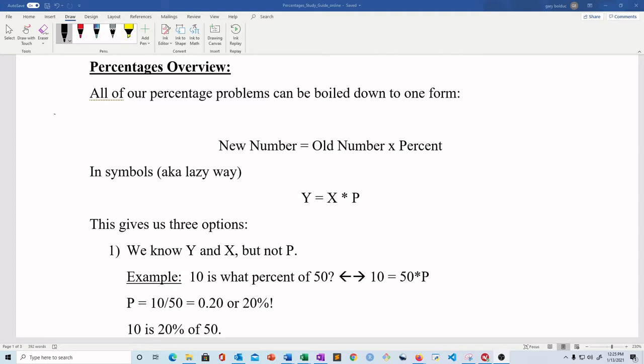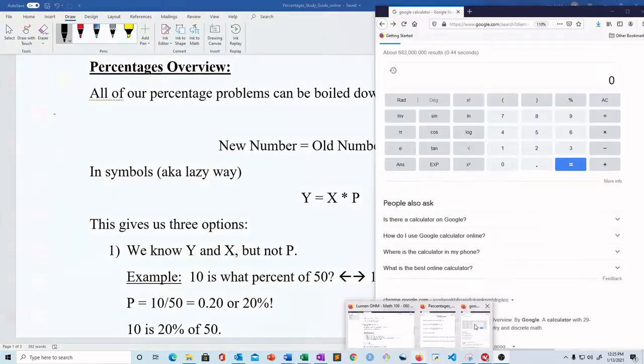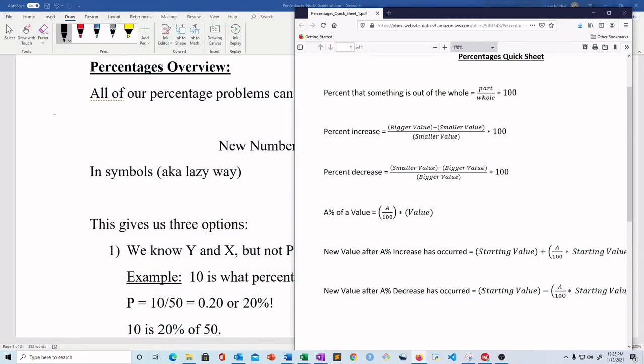And so I'm going to introduce a few different types of problems we can solve by using the same equation each time. It's just we're going to have to think about what we're given and how to use the equation to solve that. So there's another way to solve these problems, and I have resources for that path that you can take as well. And so if you go into Lumen, you'll see that there's a document called the Percentages Quick Sheet. And so the idea here is, in this lecture guide, we're going to use one equation to solve